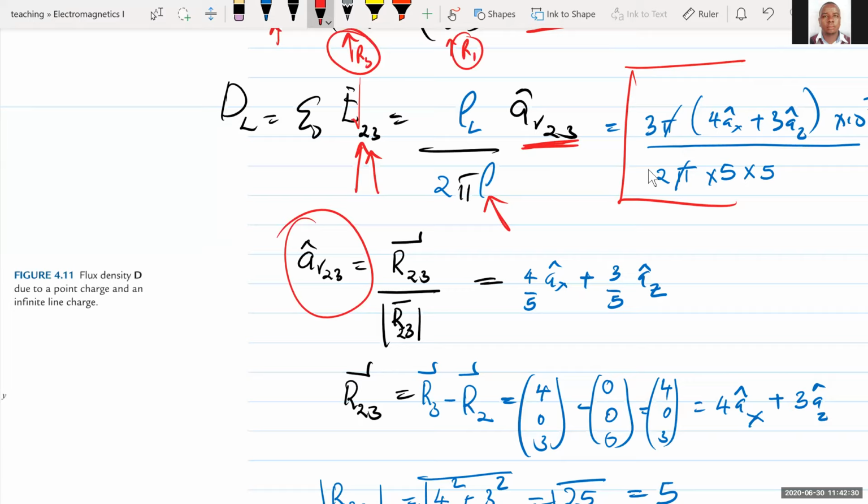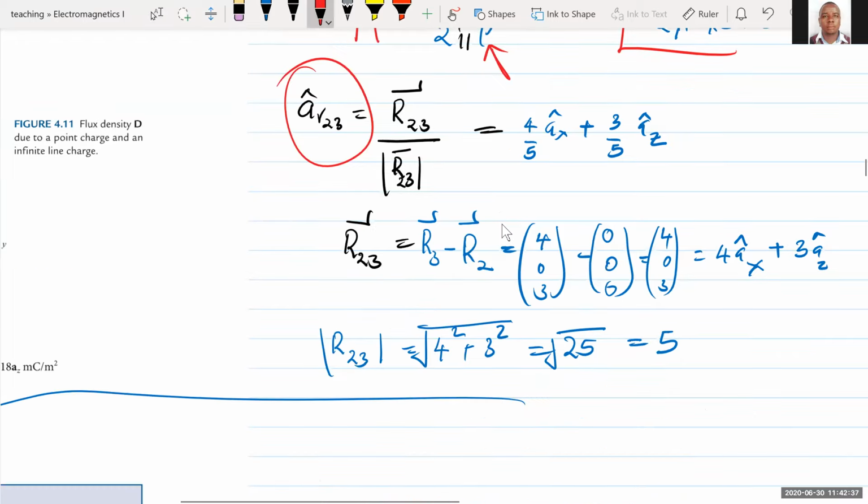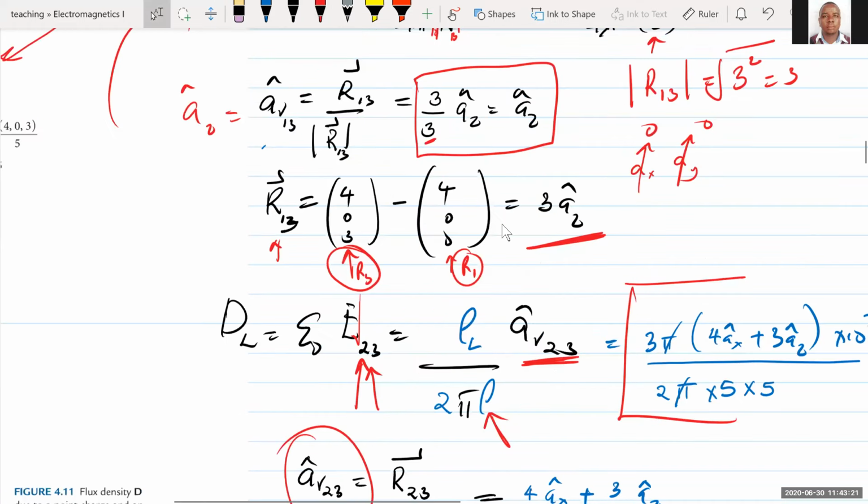But therefore, before we plug in these values right there, we need to evaluate this item, R or rho. And of course, we can always be able to get this one. The R23 is obtained from R3, that is the position vector going from the origin towards 3, the position vector of the point of observation, and this is the point where the charge or the field is emanating. And therefore what I guess all of us should be cautious about is how I'm getting this point. Because we know the point of observation is 403, that's a fact, but it may not be straightforward how we are getting 0.403. And at that point, I would take you back to the diagram and tell you this,